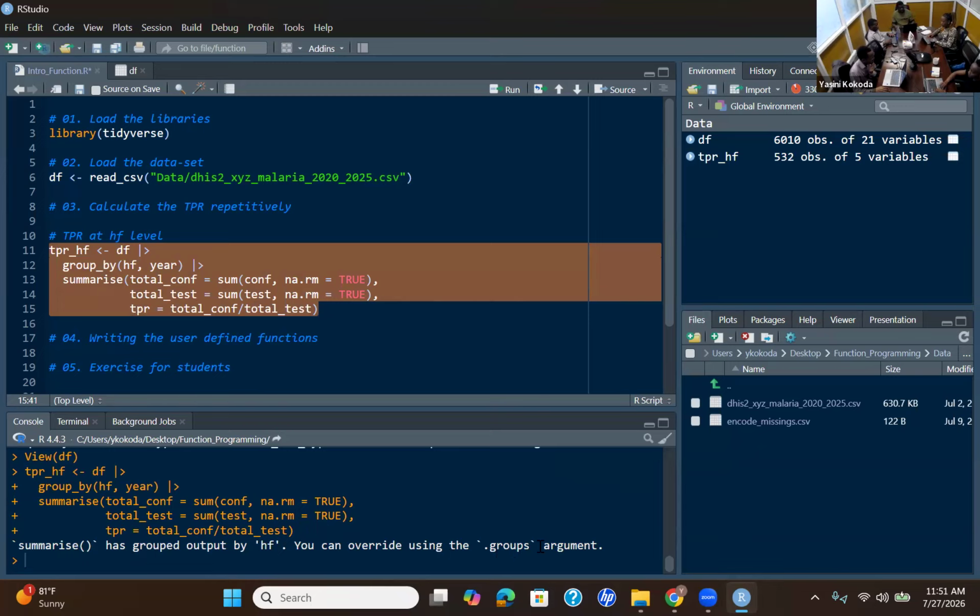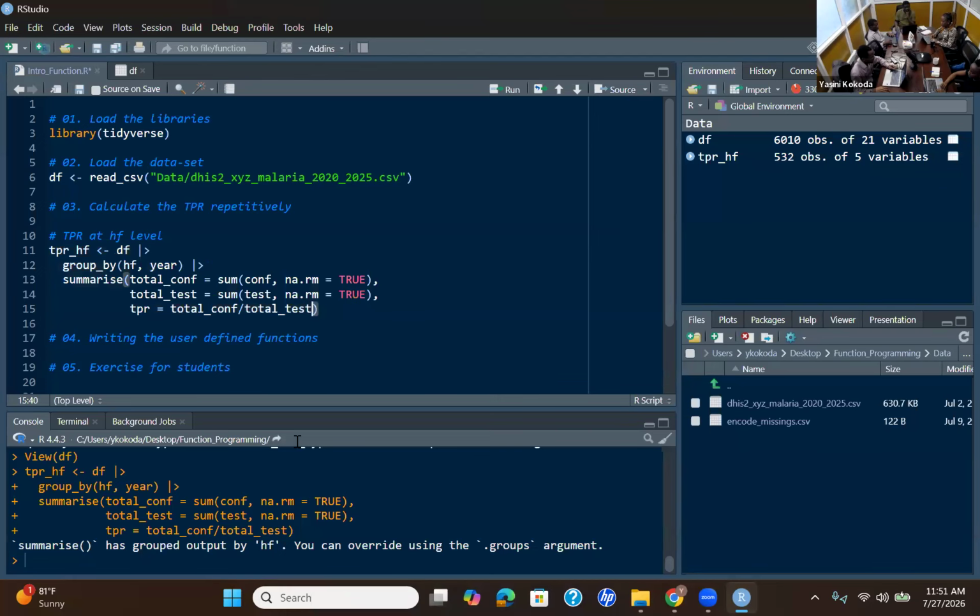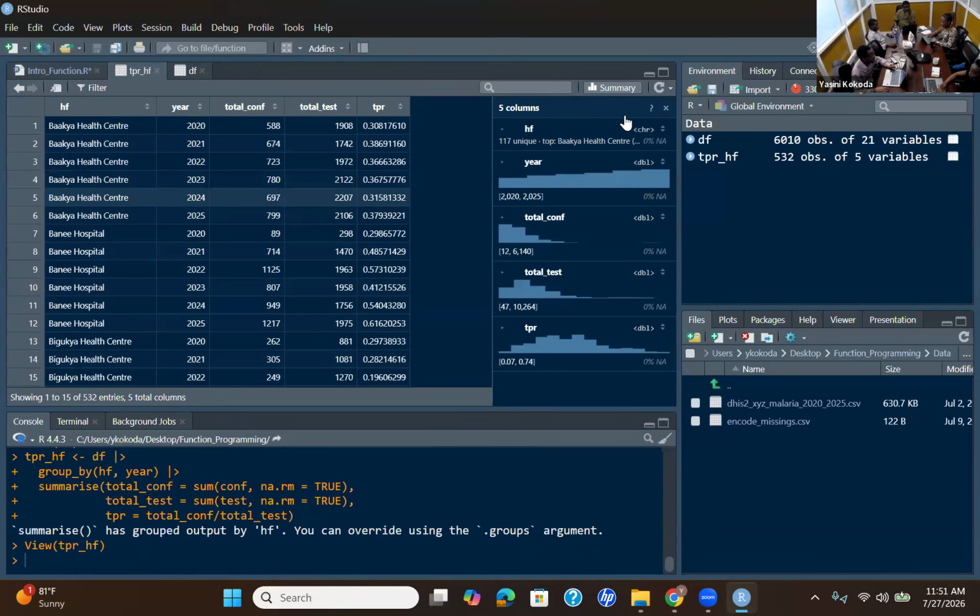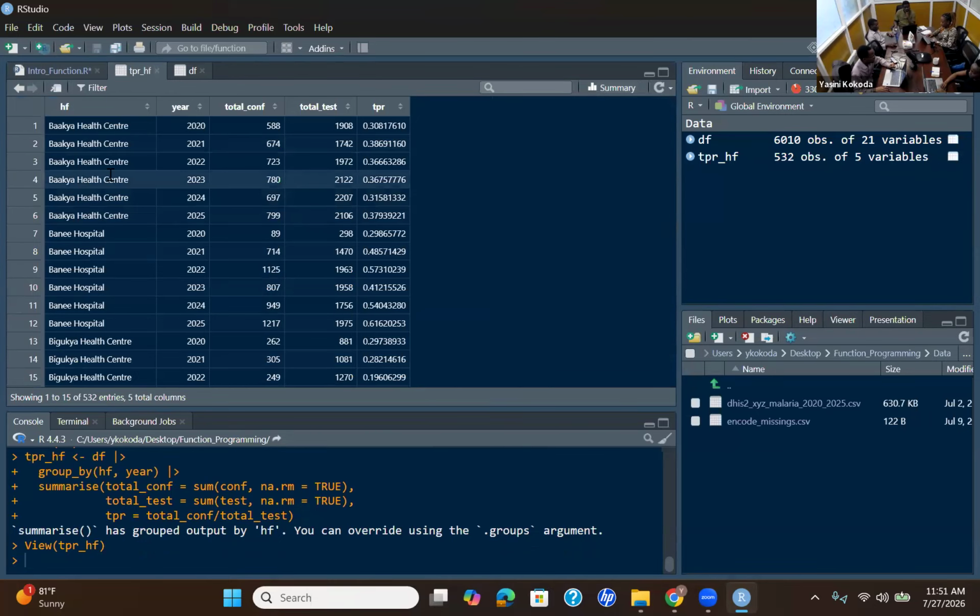You can override using the group argument. This is just a message. To override this there is one additional argument, but it's not necessary in this situation, to turn this grouped data frame into a normal data frame. So you can view here the new data frame we created. You can see for each health facility, for each year, you have total confirmed cases in that year, total tested, and then you have TPR, which is the proportion of the two metrics.